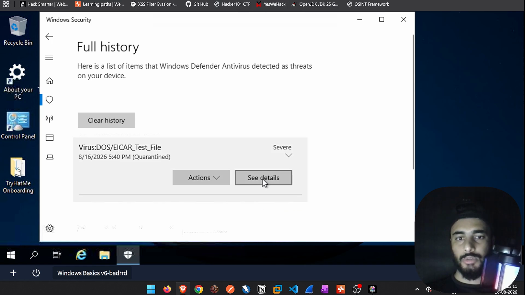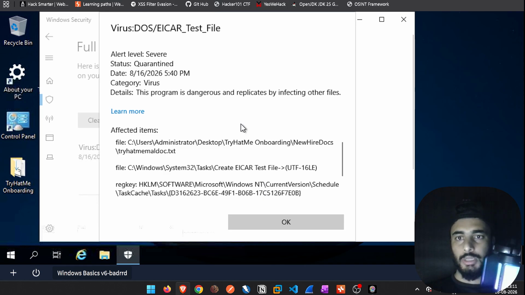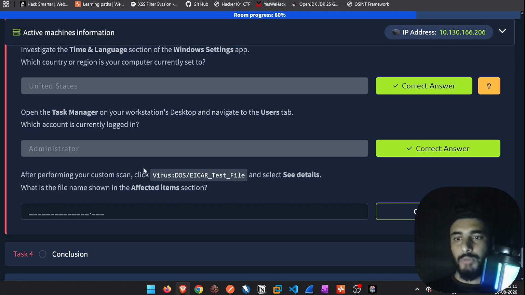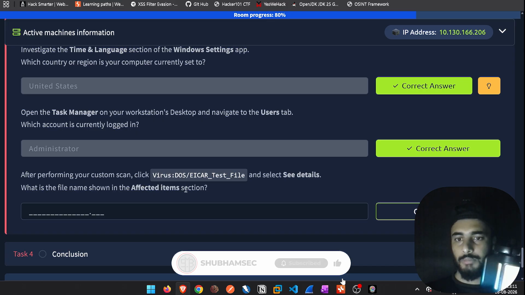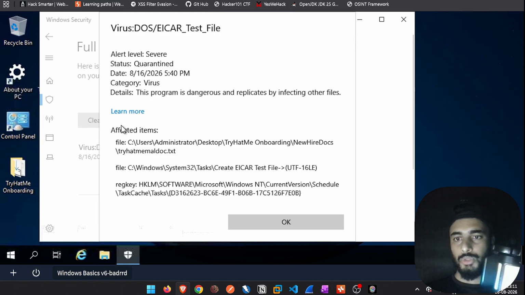So if we click on see details, and we have a lot of information, and what we are supposed to see and gather from that information is what is the file name shown in the affected items section. So this is the affected item, this section, and this is the file that is affected, which is TryHackMe,